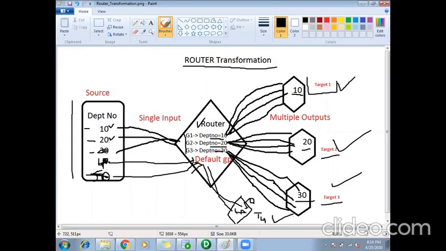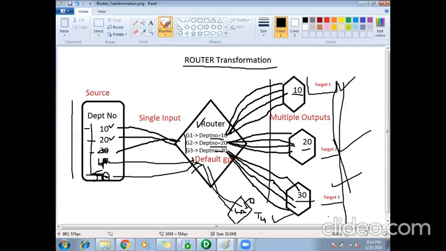So in case I want to avoid it, that means based on the source data, I want to generate my targets dynamically. If there are employees with only two departments, I want to generate two targets. If there are employees with three departments, I want to generate three targets. If there are employees with four departments, I want to generate four targets.